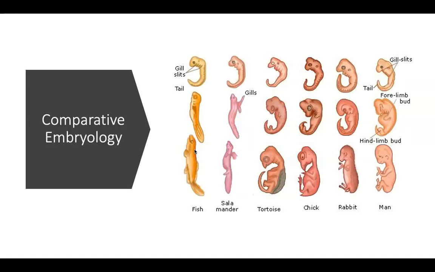Comparative embryology is looking at embryos and how things develop from the gametes and the zygotes into the organism. Again, we look at this as evidence that there's enough similarity here, particularly early on in the development of the embryo, to suggest that that sort of pattern is probably not likely to happen at random. And so again, it's evidence that perhaps all of these organisms share a common ancestor if we go far enough back.